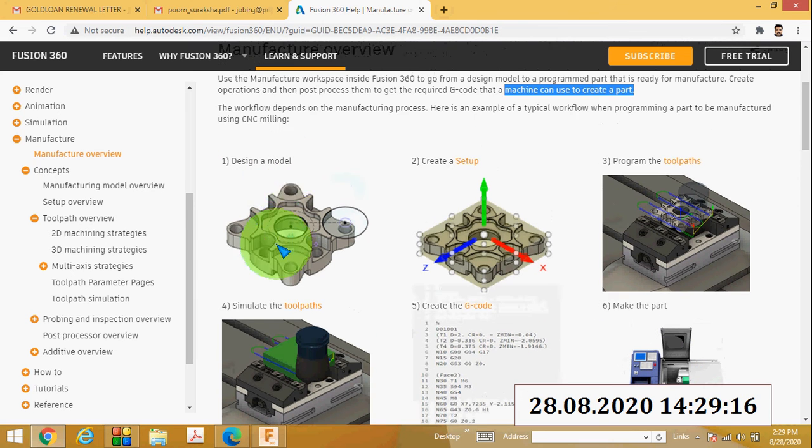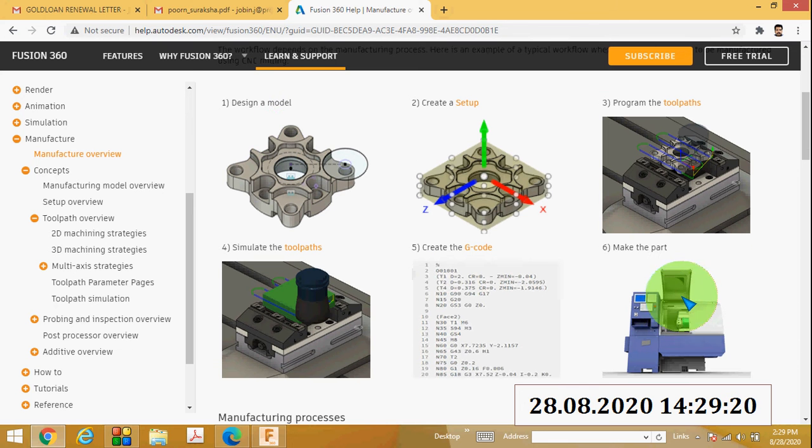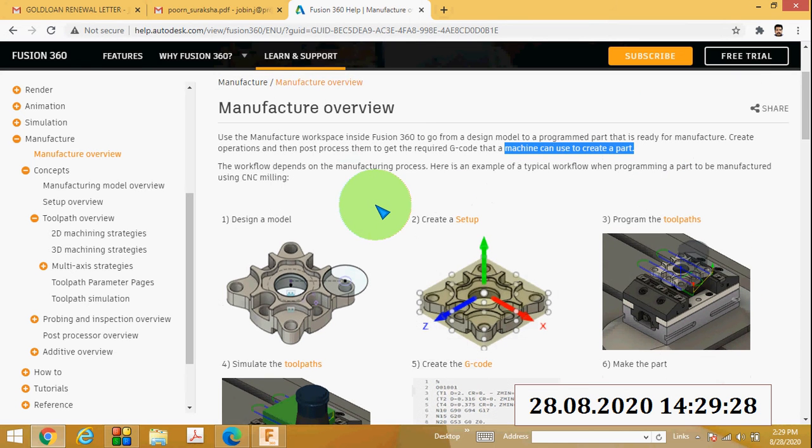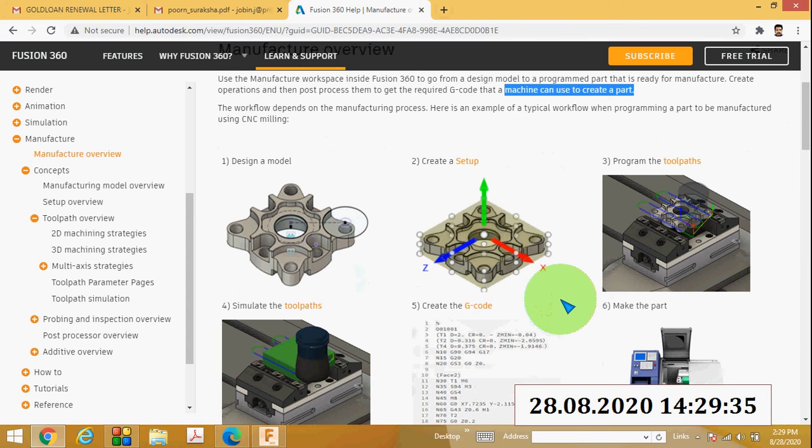And finally you can copy this code into a pen drive or a memory card, connect it with your machine, and create the part you have designed. So first you have to design the model, and finally in the sixth step you can machine it in the CNC machine. This is a typical workflow when programming a part to be manufactured using CNC milling.